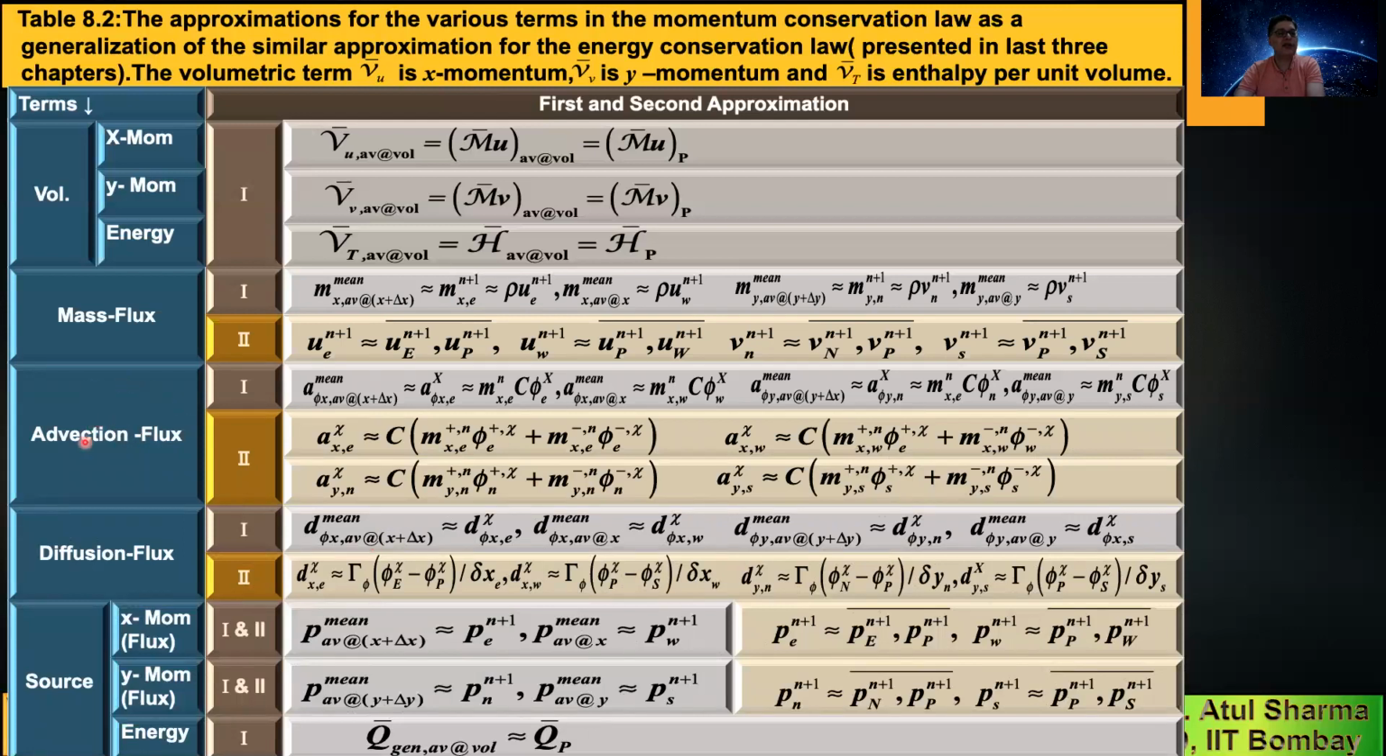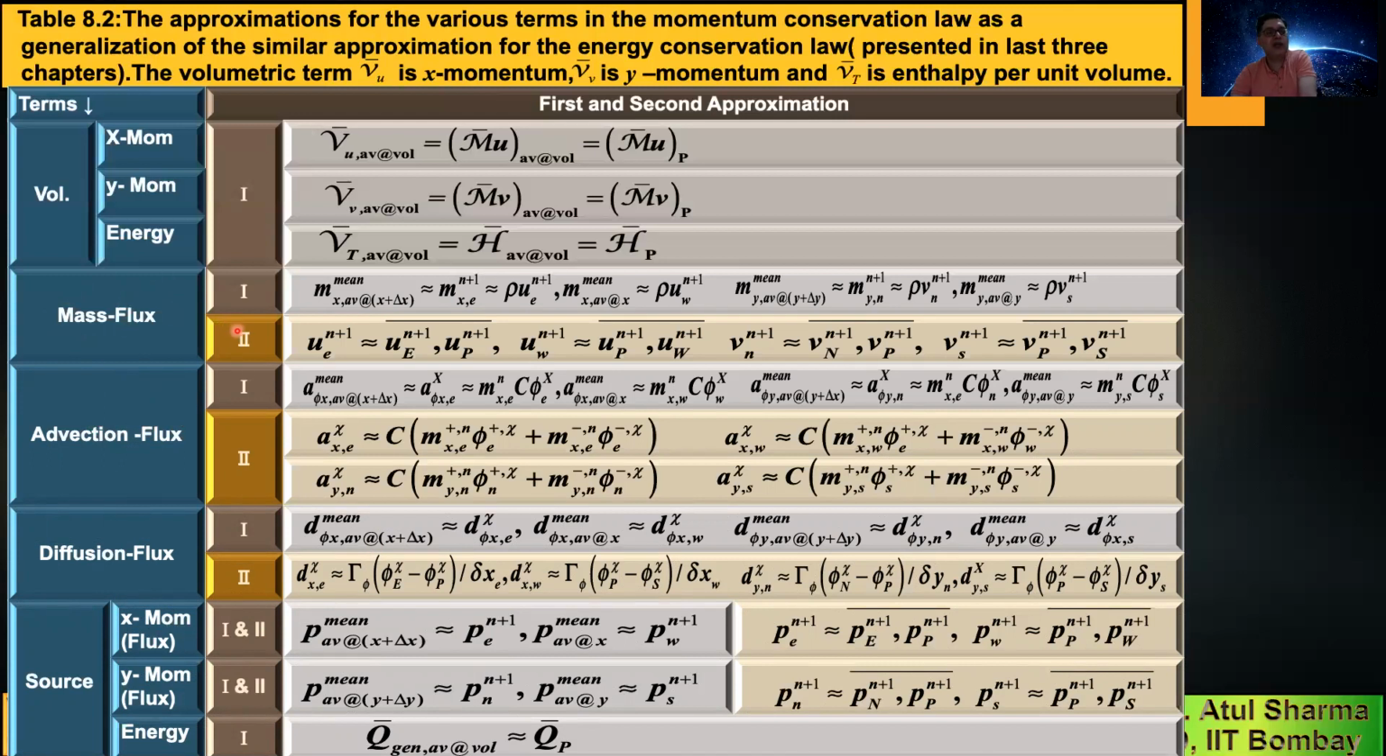Because the conduction flux we are generalizing as diffusion flux, enthalpy flux we are generalizing as advection flux. But other than this, note that for this topic you encounter two more fluxes. Those are mass flux and pressure. Now when you look into the expression for the mass flux,